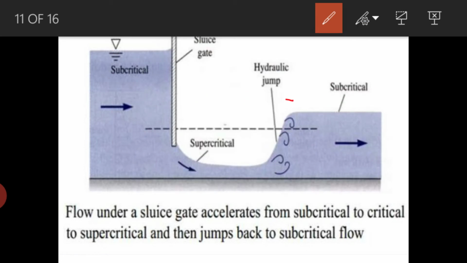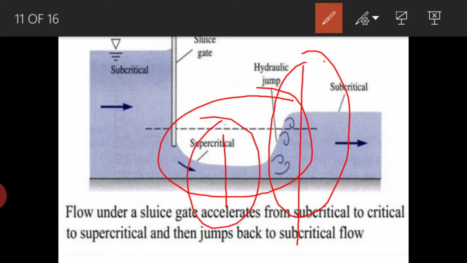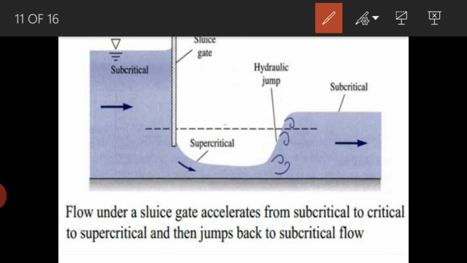Okay, so this particular region represents the hydraulic jump. This is a low depth, this is the high depth. Here we get subcritical, here we get supercritical. So whenever you open the gate, the water will come with a very high velocity, with a huge kinetic energy. Then suddenly the depth increases on the downstream side, from supercritical to subcritical, then the hydraulic jump will